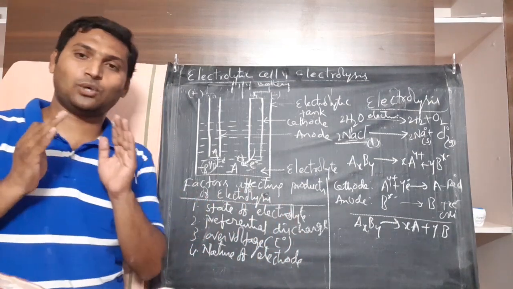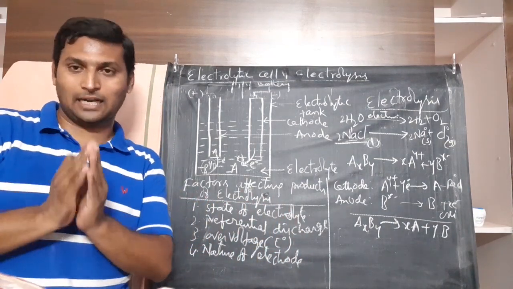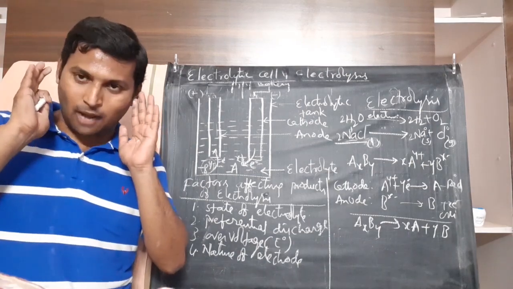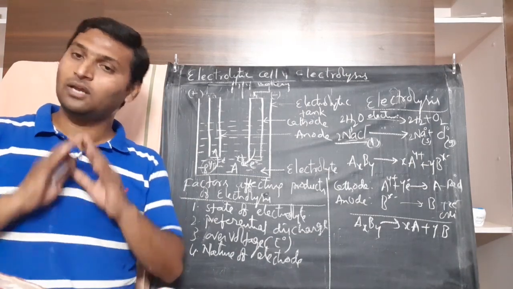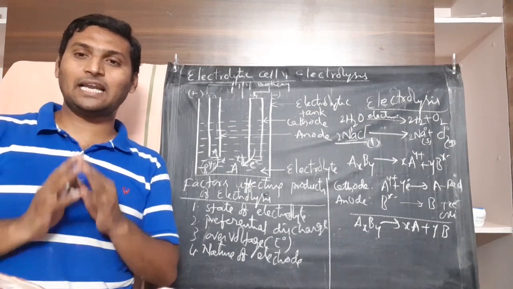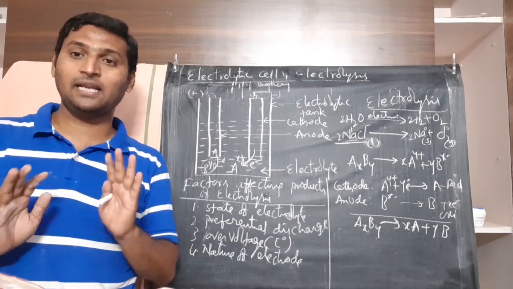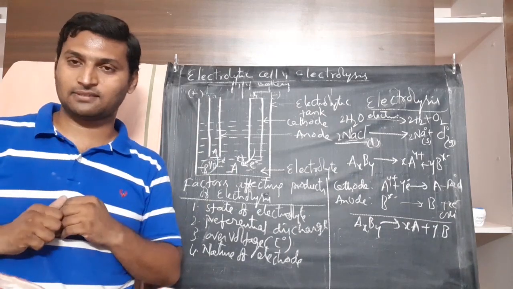See, as long as you are taking inert electrodes like platinum, commonly platinum. If you wanted an inert electrode, it is platinum. If you take an inert electrode like platinum, it will just remain a spectator, it will just remain a charged plate, it will not interfere with the cell reactions.